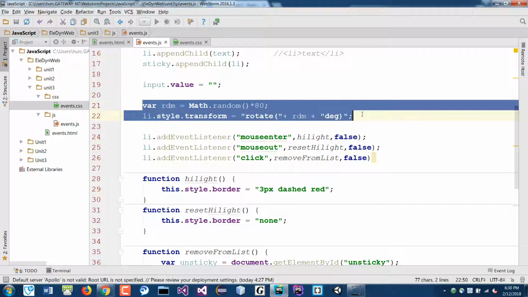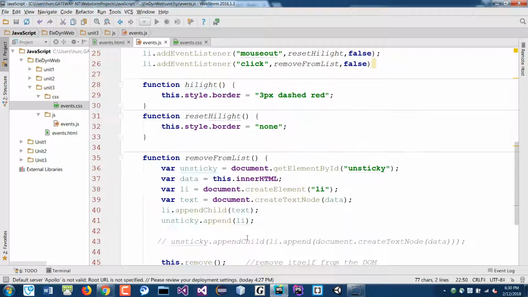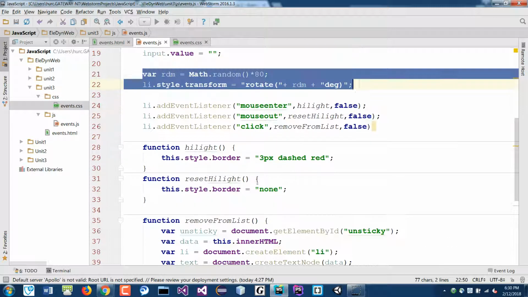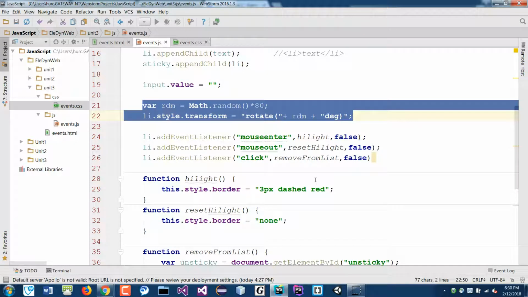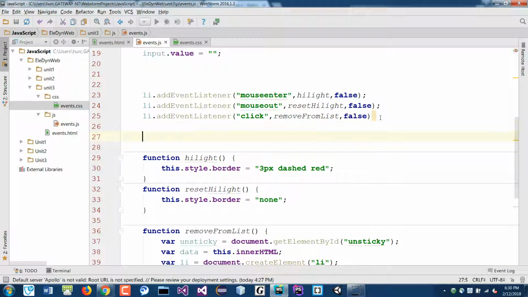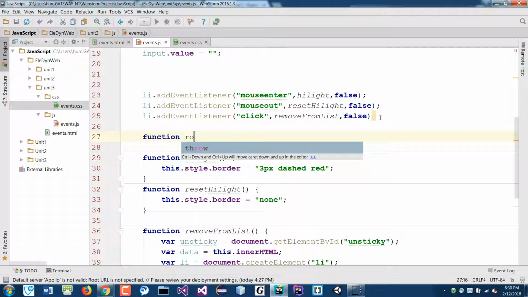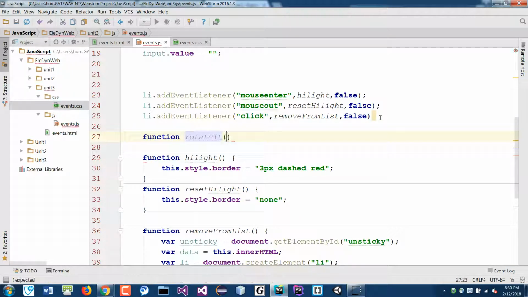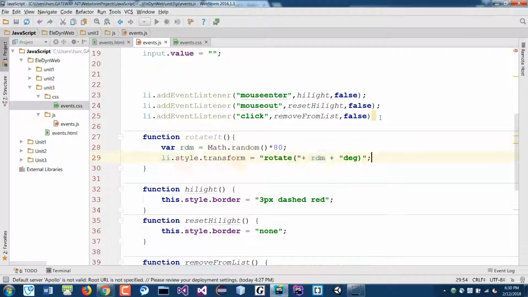So if you want to do that, we could copy this down here again. It's repeating. So we could take this out, cut this out, and maybe we can create a function here somewhere, maybe a function called rotateIt,